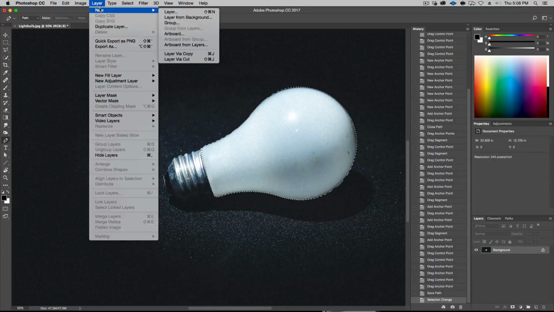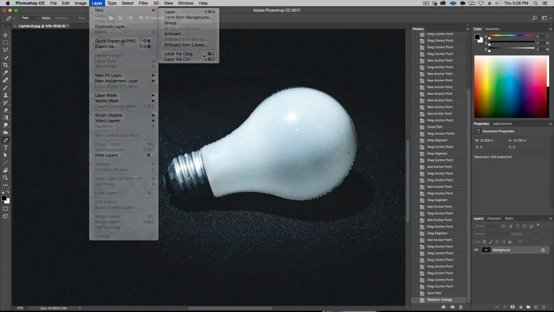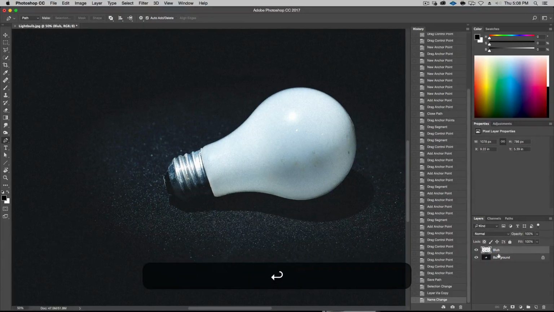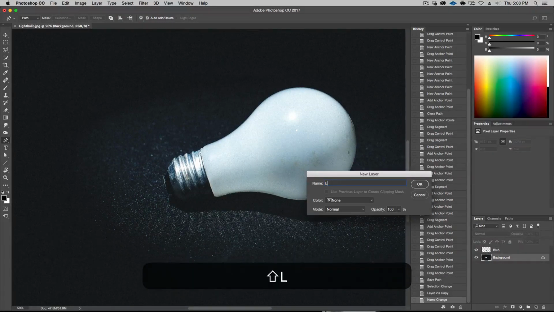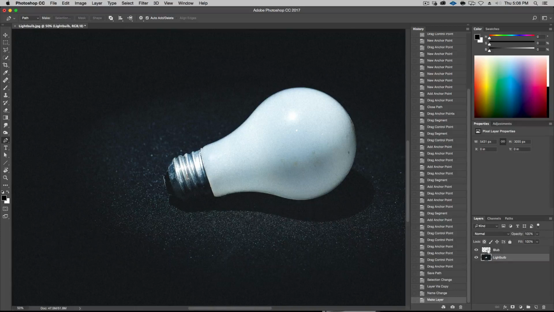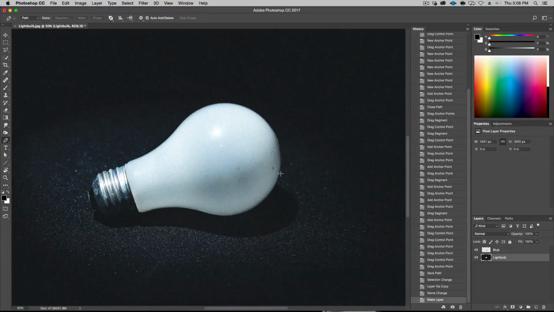So go to layer, new layer via copy, command J, and let's call this light bulb. Okay, so this is the whole background, and this is just the bulb. Okay, and we're going to use this for later, but for now, this is good. So that is an outline with the pen tool, and next we're going to add some water in here.